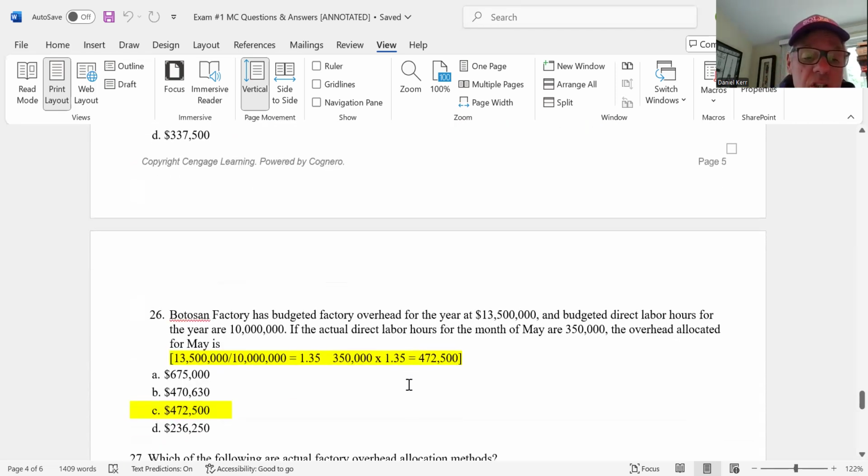26. Well, Borssausen factory has budgeted factory overhead of 13 million and direct labor hours of 10 million. The actual direct labor hours for the month of May are 350,000. Overhead allocated for May is. So the overhead rate would be the total budgeted overhead divided by the total volume for the year. And for May we worked 350,000 hours, so there's 472,500